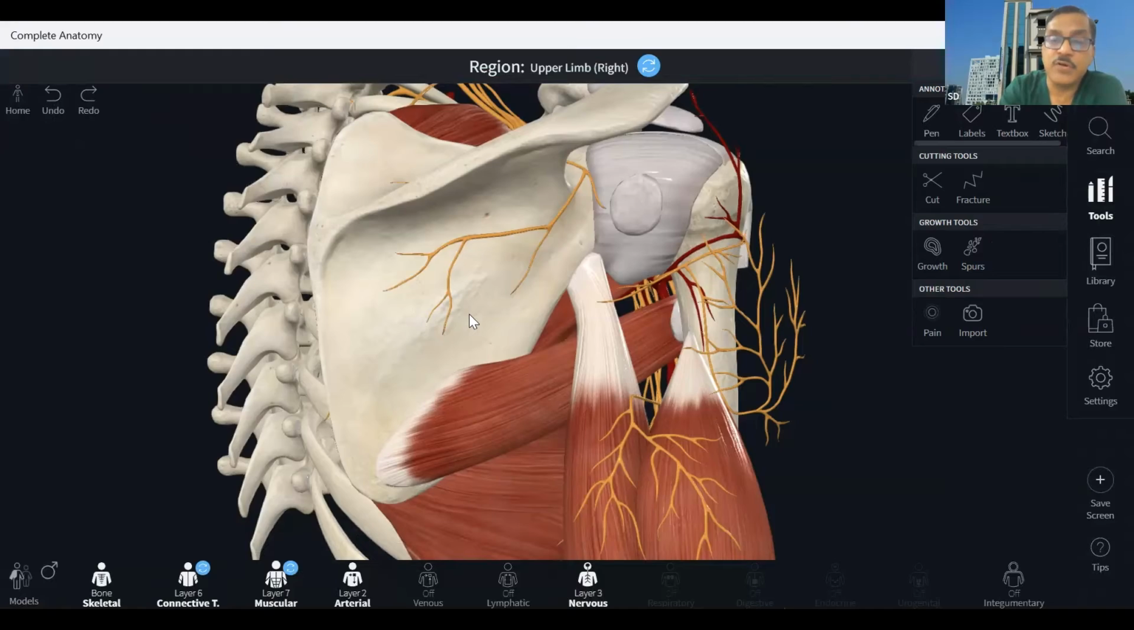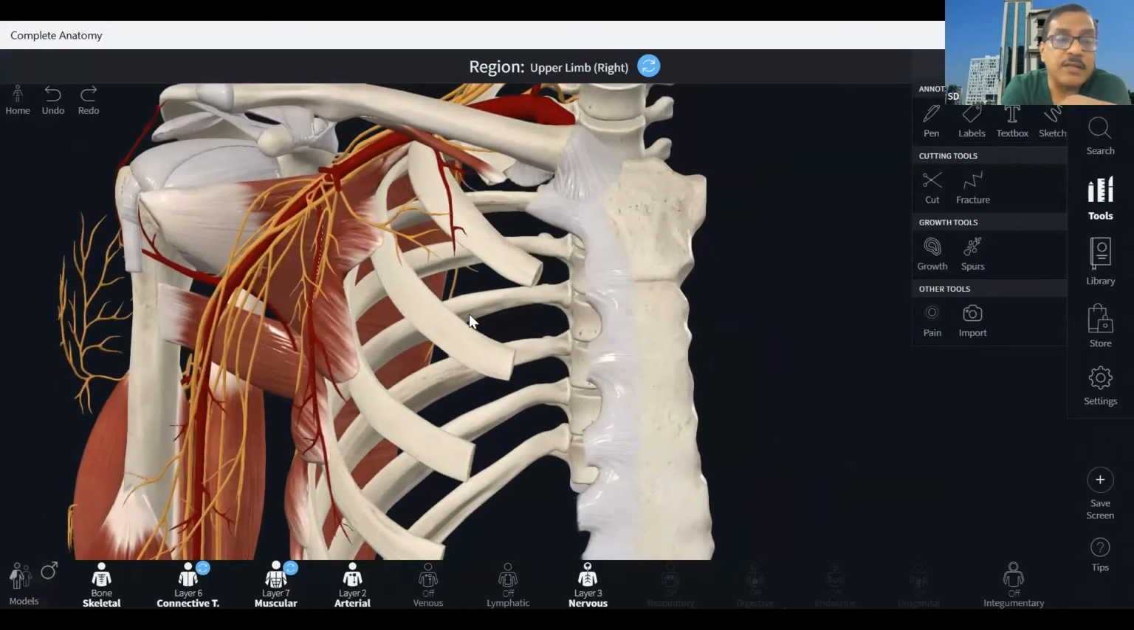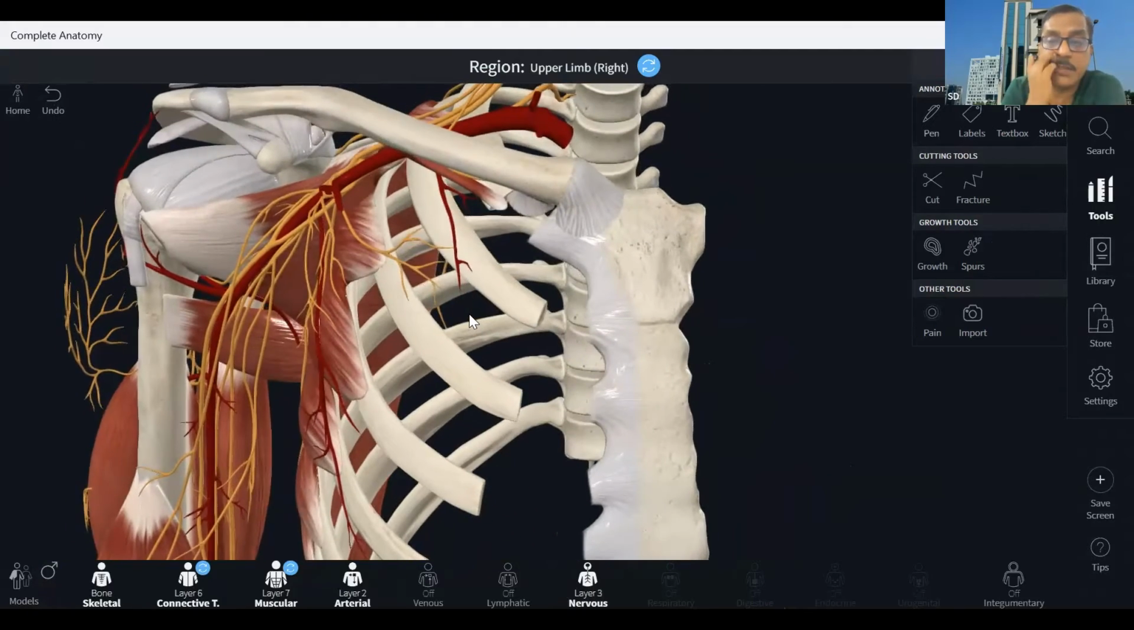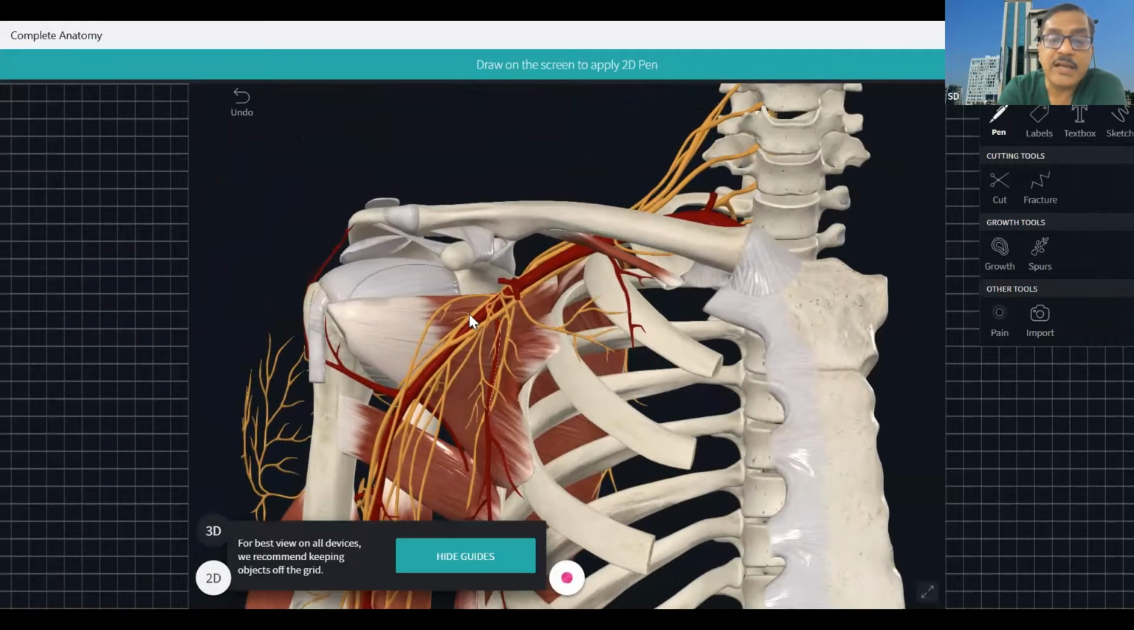And another important target is here above the coracoid. Though it is not seen as a branch here, this is a very fine branch of the lateral pectoral nerve. This is the lateral pectoral nerve. It gives some articular branch which goes here and supplies the joint capsule over the coracoid. So to block the articular branch of the lateral pectoral nerve, we press the RF probe or cryo probe over